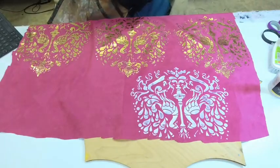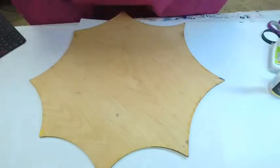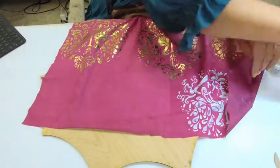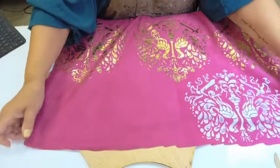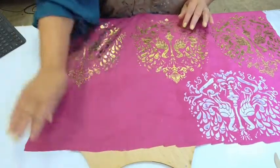I'm going to set my stencil back here for a moment. And carefully, as in get the rest of my crap out of the way, Maury. See if I can repeat the pattern here or if I'm going to have to do it down below. I won't know until I put the stencil on it. We're going to find out